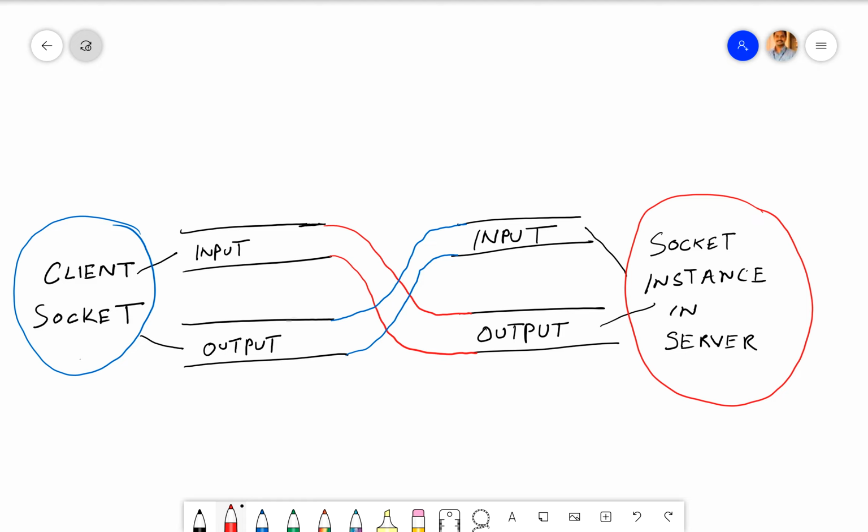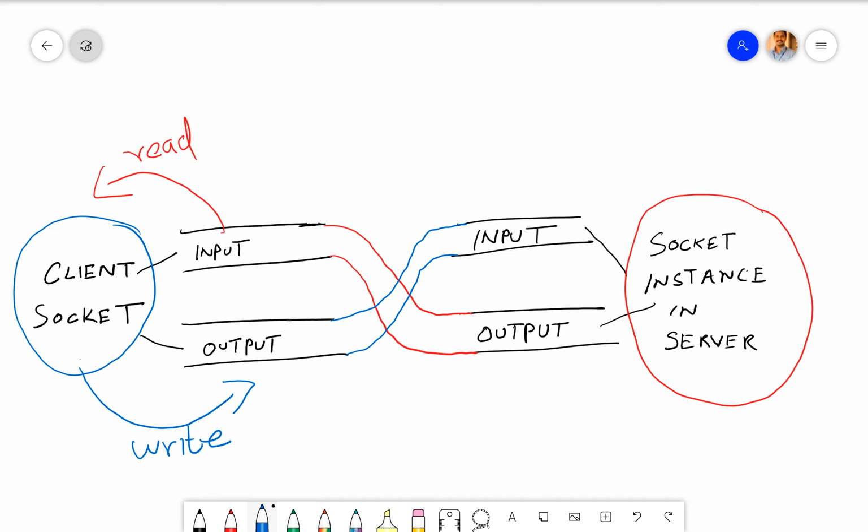So whenever you want to read and write something, this is how it is mapped. From the client socket, you can read any data from its input stream. Then you write data into your output stream on the client side.